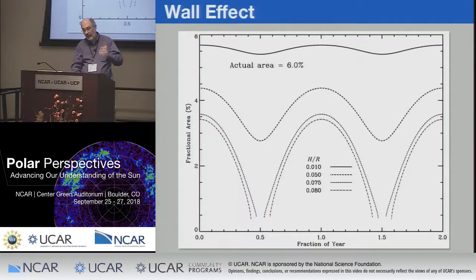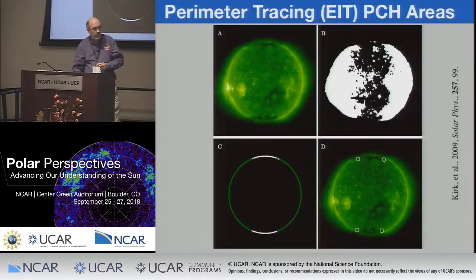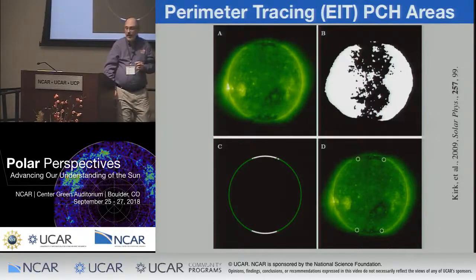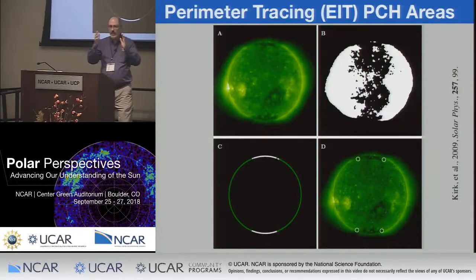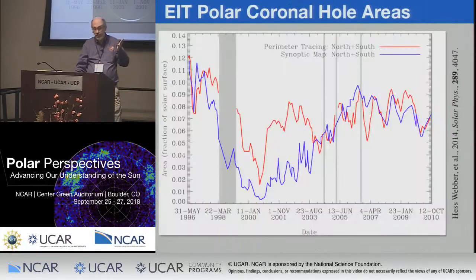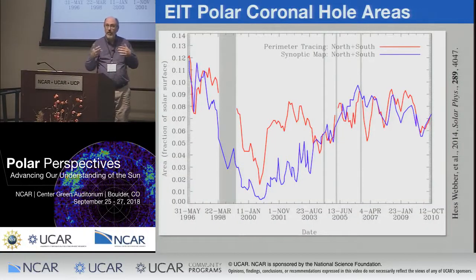So to get around this, we developed a thing called perimeter tracing. And basically, we're going to do what we just did for that solar eclipse. 2 points in the north, 2 points in the south. We're going to do some fancy math, morphological open and close, all kinds of nice stuff to try and isolate those 2 points. Let's compare the result from perimeter tracing to that of the synoptic map. And when I say they agree in general, but disagree in detail, this is what I mean. They actually agree pretty well